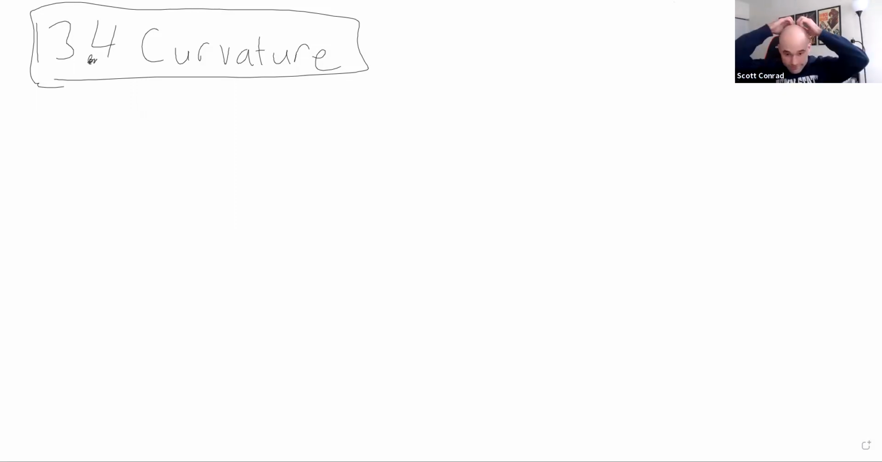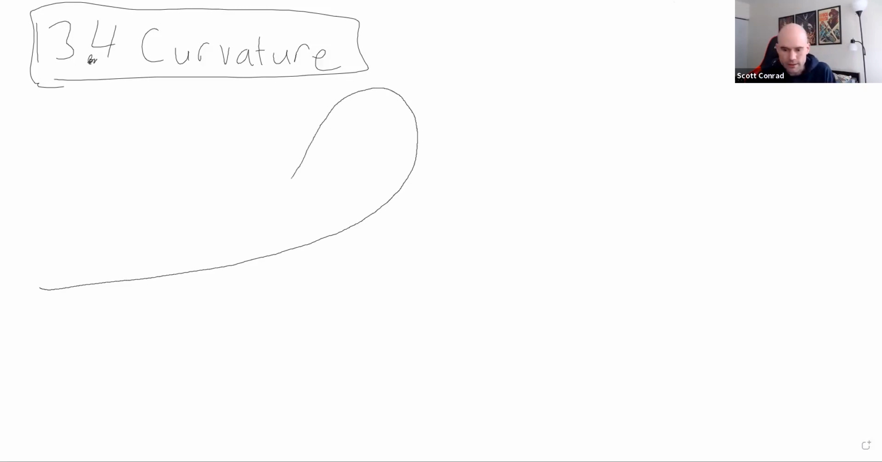Okay, so curvature. All right, the way I like to think of curvature is sort of the following. Suppose you're looking down on some road and you're traveling along this road in your car. Here it's mostly straight, and then all of a sudden you get a really tight turn there. So if you're going along here,